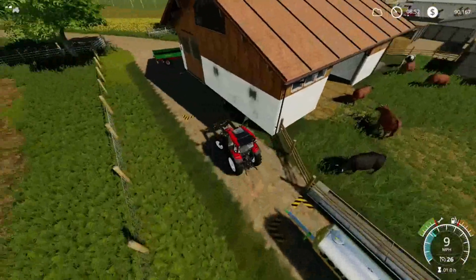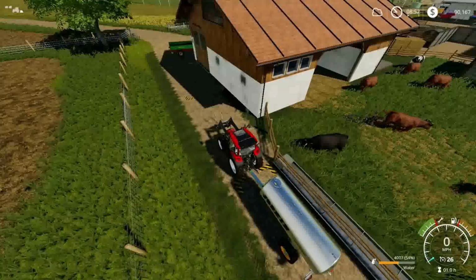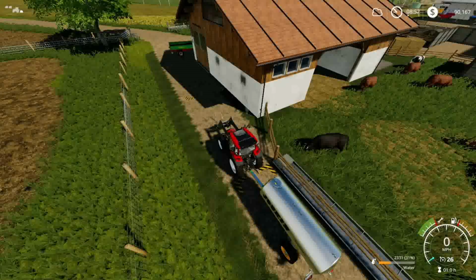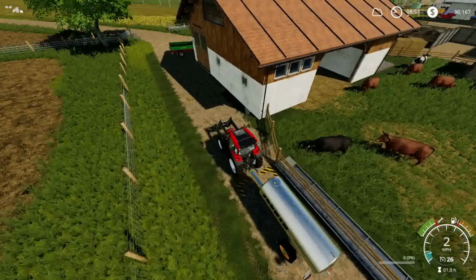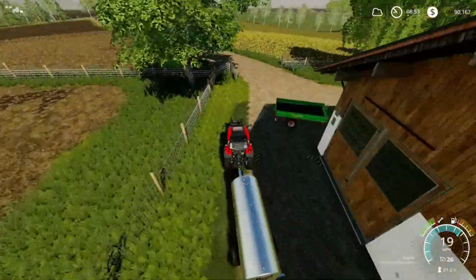So now we're going to do the water, and we probably will have to fill the water tank at some point, because I don't know if there's enough in there for the cows and the pigs. It does not look like it. Looks like we're going to run it dry. We just might. Yeah, so we're going to have to fill that up in order to facilitate the water need